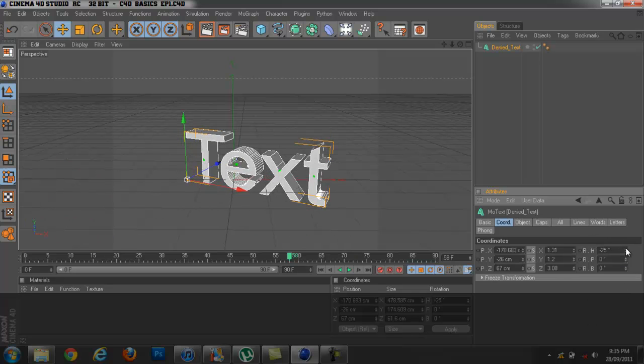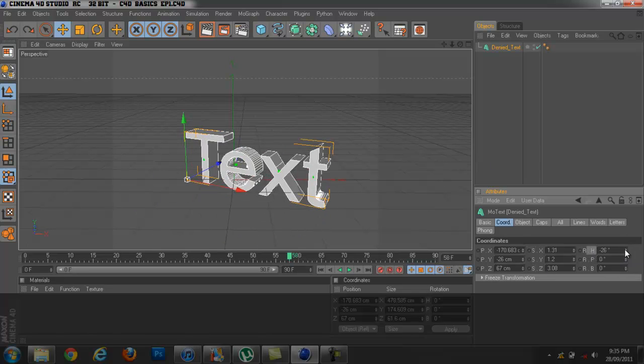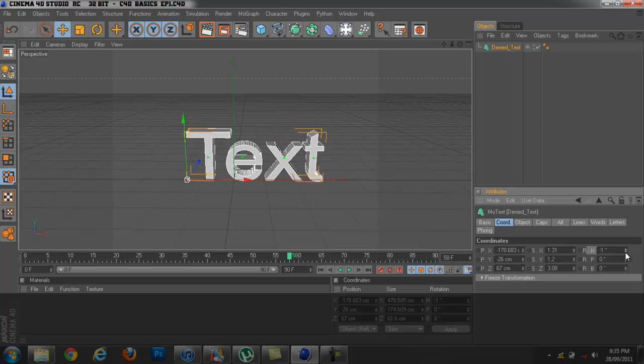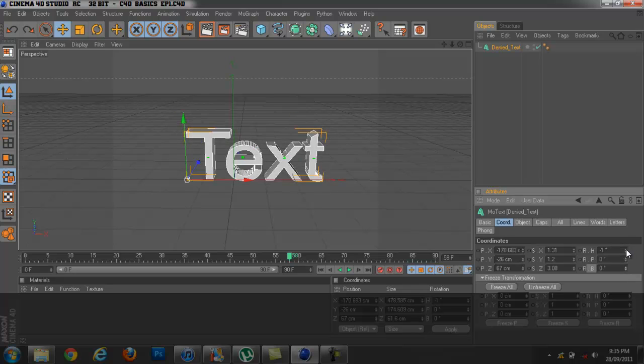Rotation, obviously, no need to explain that. H, I just, horizontal, no, maybe not, I don't know. If you can figure out what the H, P, and B mean, then you're going to get somewhere, because I don't know. I just know that that moves it left to right, that moves it backwards and forwards, and that moves it on a diagonal sort of thing. Alright,